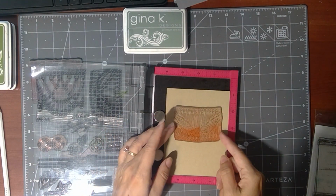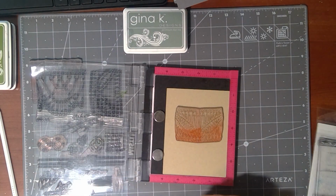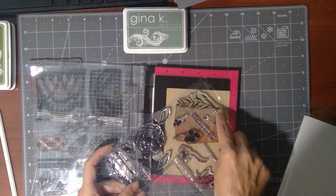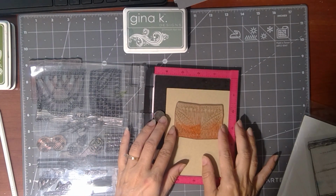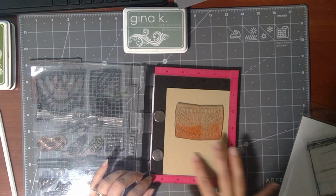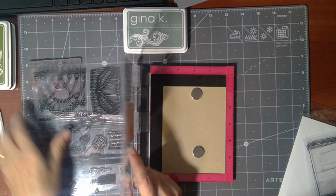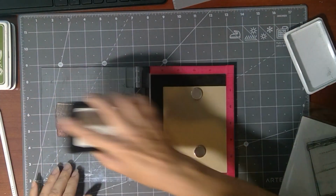So I'm going to place it just above the middle so that I have room for doing that branch at the top. So I'm stamping that branch as if it looks like it is being hung across that branch or that stem. So I'm going to put it right about there, and then that'll give me room to put some tassels in my greeting down. So I'm just going to put the magnets on here. Close and then open the door, and I'm going to use my gray